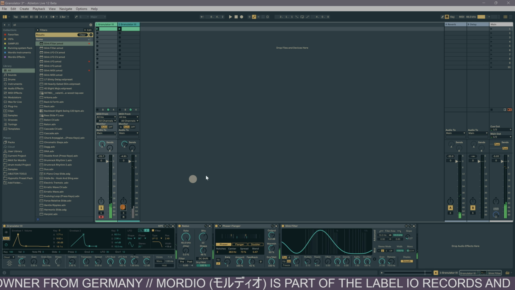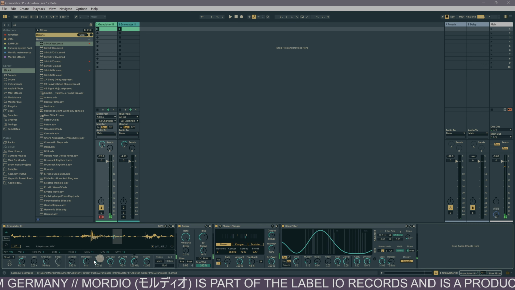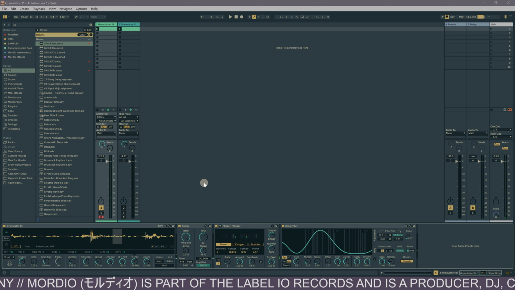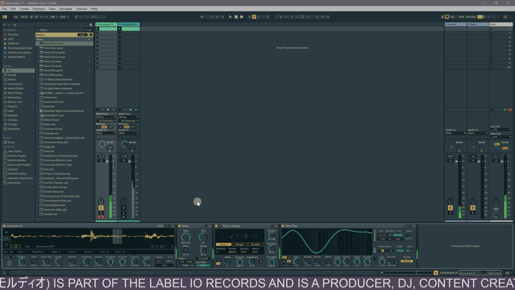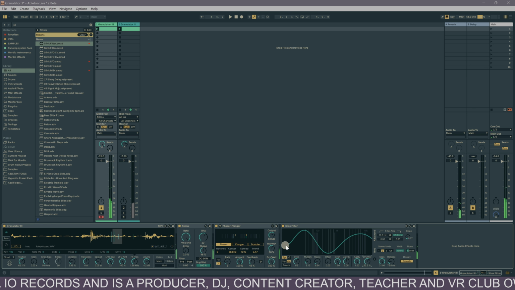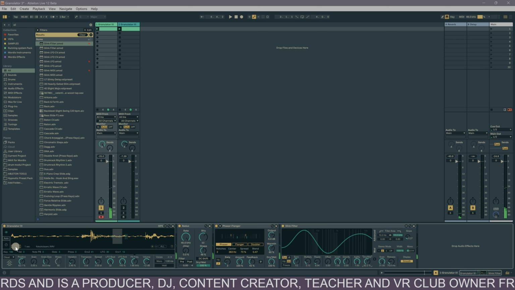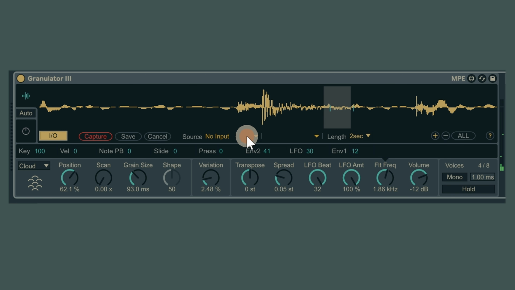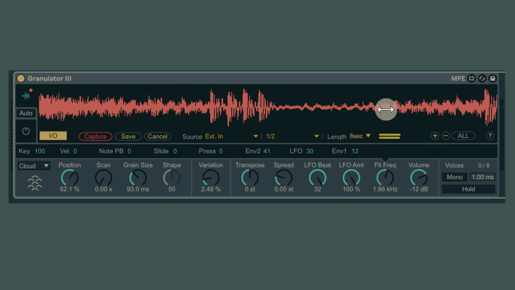and just to show you, we have this weird sample now inside that I just wanted to show. But now you build a system, and now you can say, okay, wait, let's make here a little bit less wet dry. Okay, and now you can say here I/O, and then choose an input, in our case an external device, and then 1 and 2 is my Digitakt, which plays here already some sound. And then you can say here the length of recording. So you can make 8 seconds. And now it's playing. And then I will just record, and I have some part of this now.